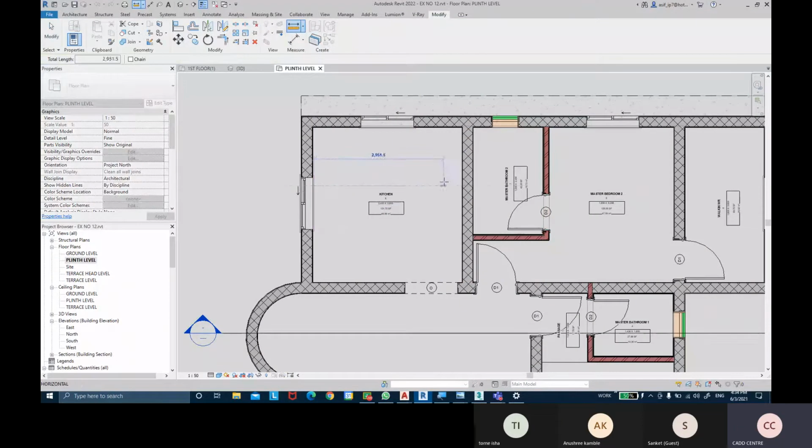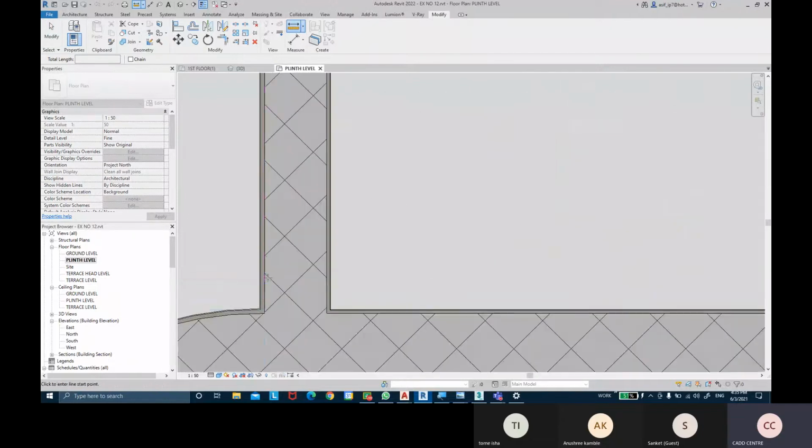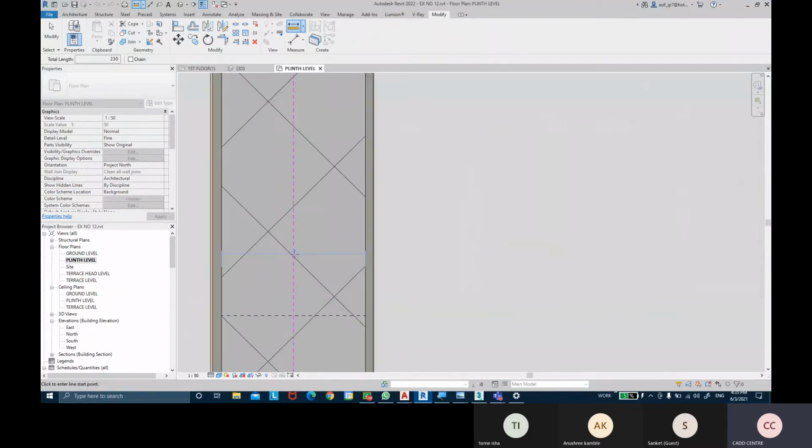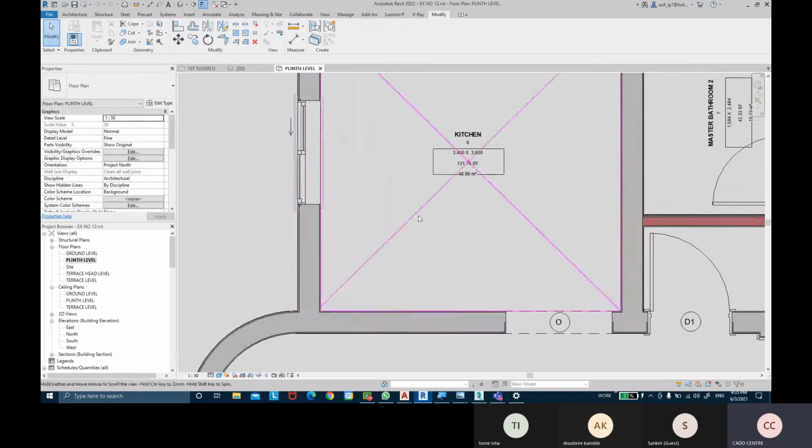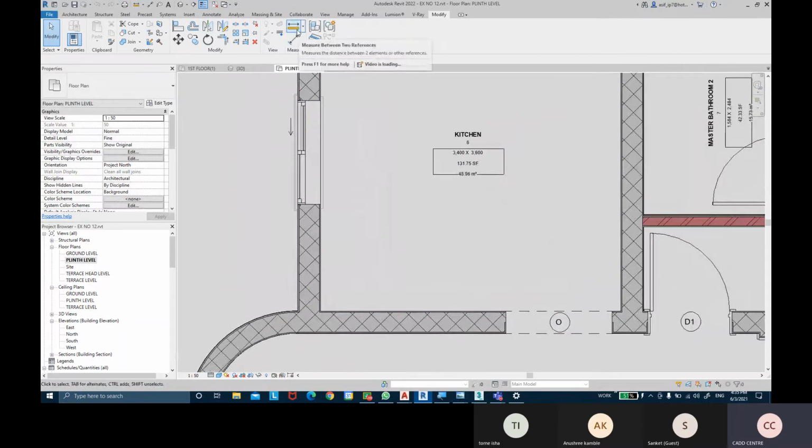Okay, so if I want to measure it, now I can measure it. You can see I've unlocked it maybe. So we can see this temporary dimension. Now if I press escape, it goes away basically. Once again, if I take measure between two references and I measure from here to here, it tells me that it's 230 mm. Okay, and that's temporary. You can see this is a temporary dimension. The moment I press escape, that dimension line will go away. Even if one more time I press escape, the dash line that was appearing, even that goes away basically. Okay, so it is for temporarily measuring the distance between the two references basically.